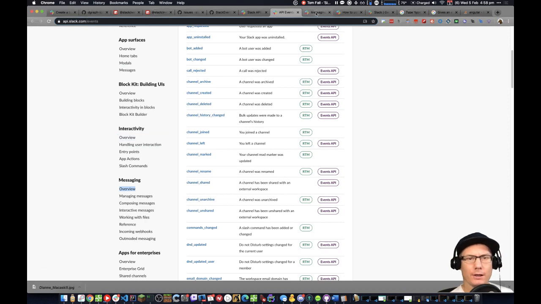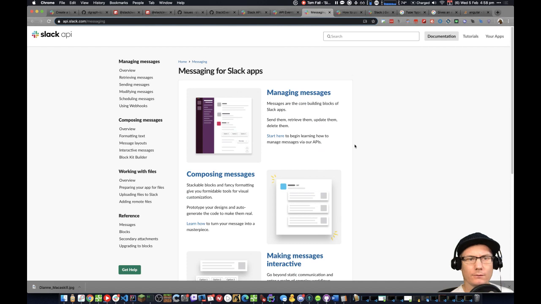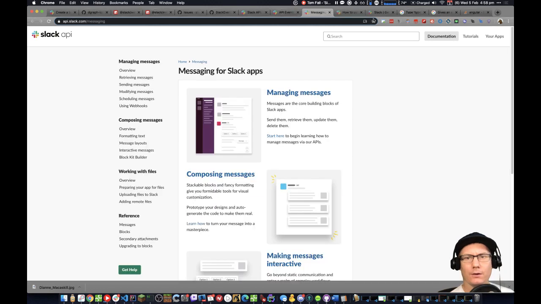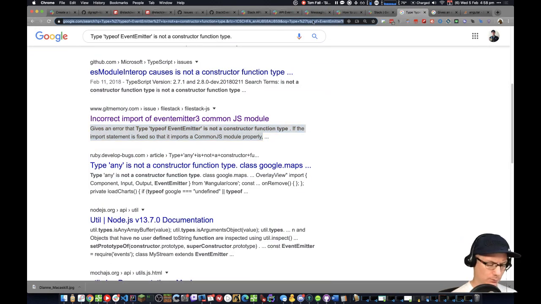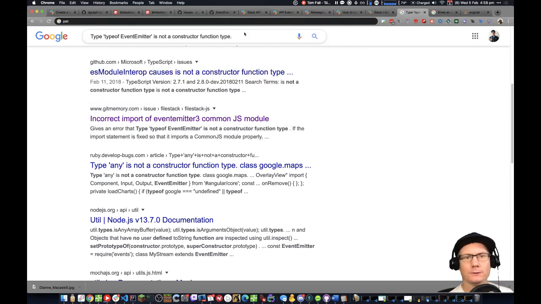Yeah, okay, messaging. Managing messaging, composing, making them interactive. Whatever. How to use the Slack web API, that's a different thing. Let's go over to the search here, and then we're going to say, actually, well,